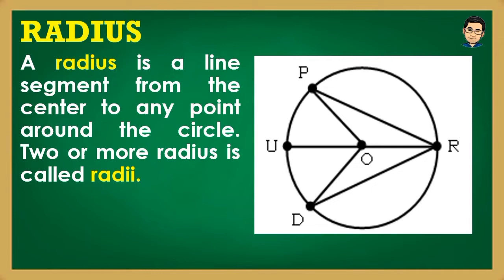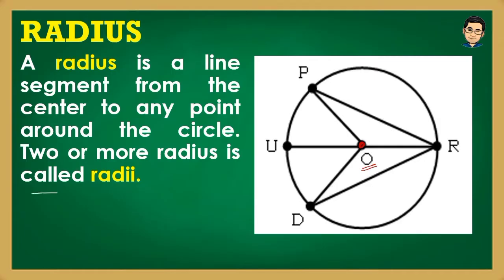So, paano natin identify yung radius sa given circle na yan? So, based from the definition, is a line segment from the center to any point around the circle. So, mag-uumpisa po, or isa sa mga endpoints ng radius is yung center. Okay, and then to any point around the circle. Okay, so yung ating center dito is O. Ayan, so isa yun po yan magiging endpoint ng ating mga radius. Okay, so and then yung mga radius na pwede nating pangalanan dito sa figure na yan,